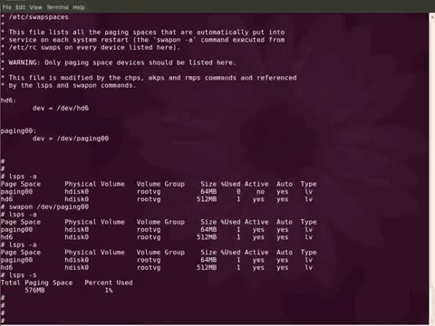So now we have activated a paging space, and we'll see how to deactivate it. Again, using the swapoff command. Swapon is for switching on, and swapoff is for switching off the paging space. lsps